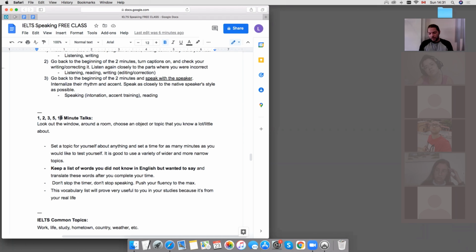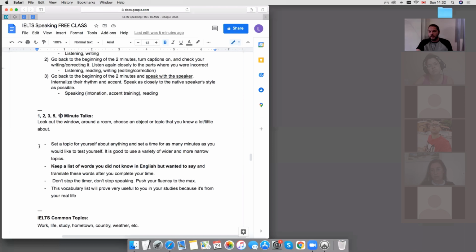When you find a word that you don't know in English, you write it down, and that's your homework for later. Hopefully, at the end of that day, if you've translated those words and you understand how to use them, and you give yourself the same challenge where you talk about the same classroom for 2 minutes, hopefully you use that newly discovered vocabulary. So if you're one of these people who feels like you never have the words for the world around you, that activity is perfect vocabulary discovery. It will increase your English because it's about your life, right?